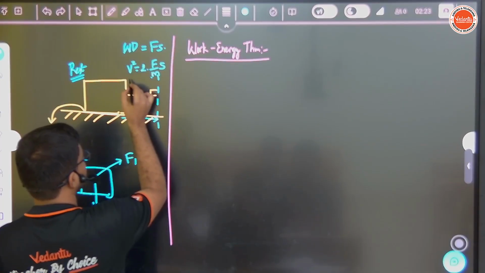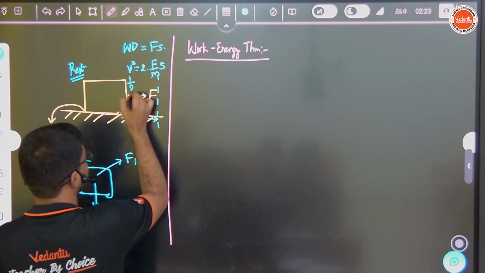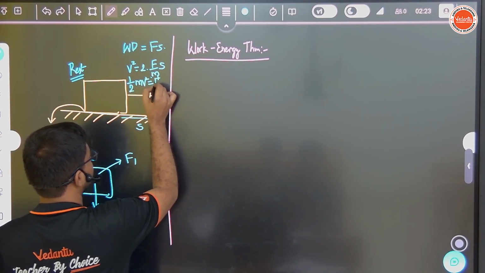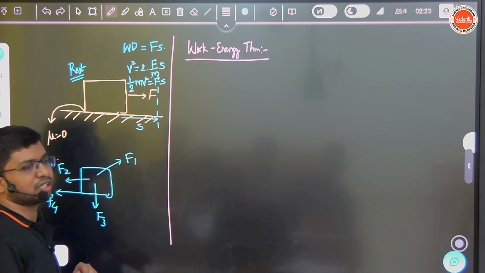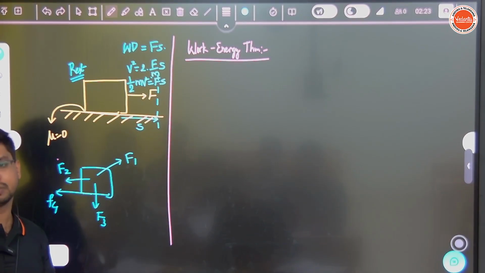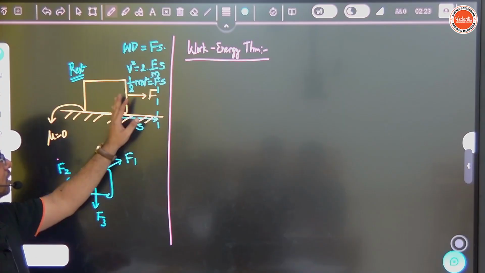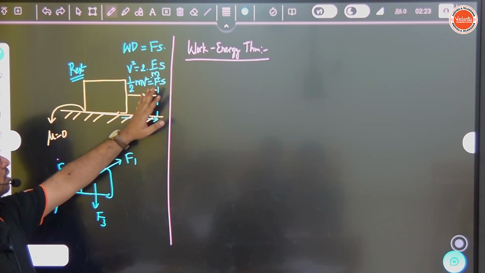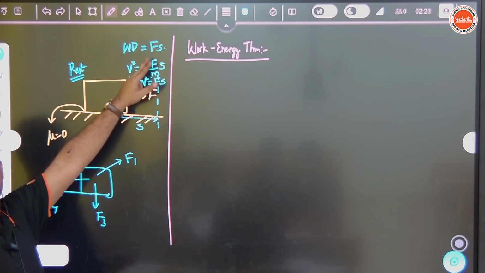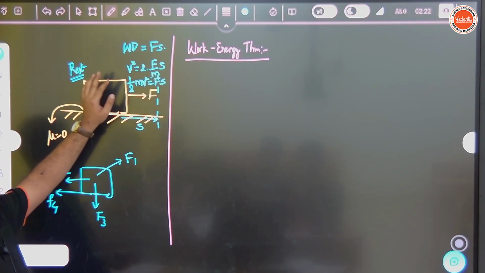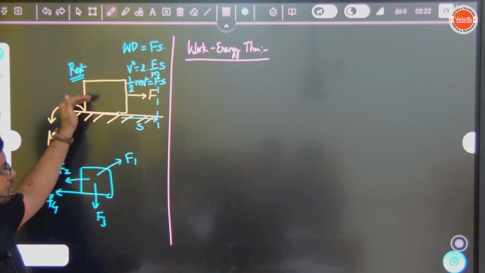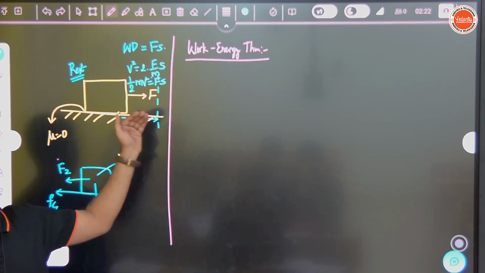So just make a small rearrangement here. Bring the half to the denominator, M over here. So half M V square equal to F into S. What does that mean? It is the kinetic energy which it is going to possess, which we got as the work done by the force when only a single force was acting. Correct? Now let us say instead of applying the force exactly in the displacement direction,